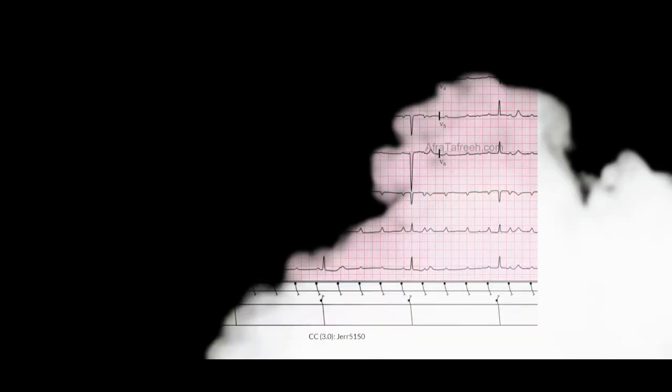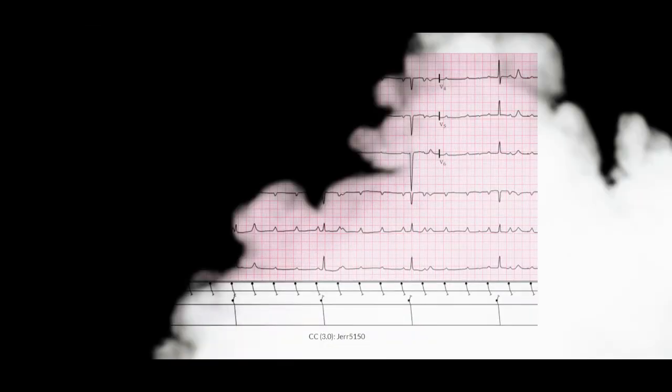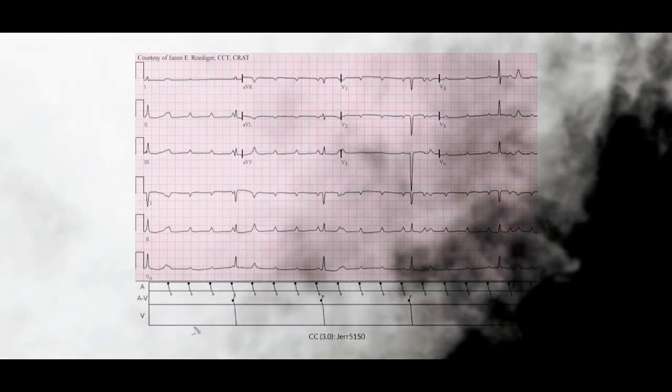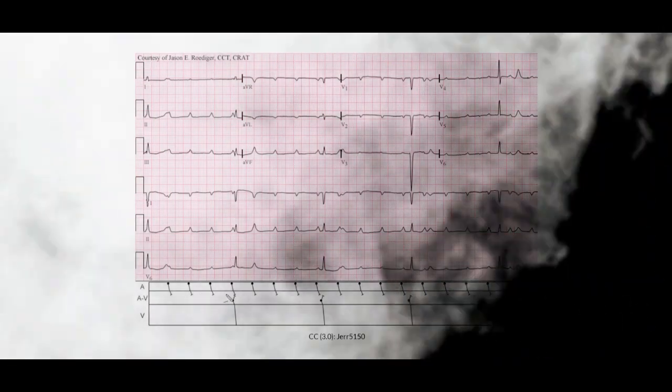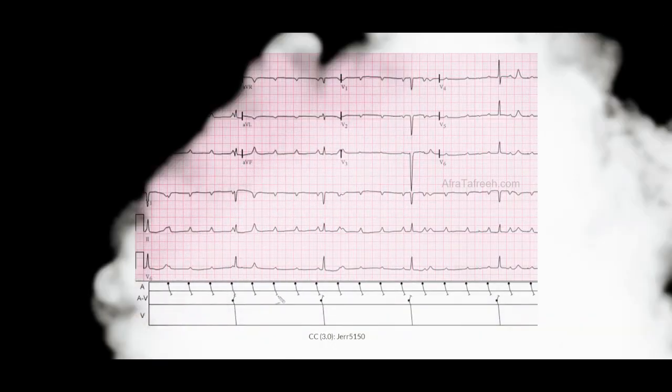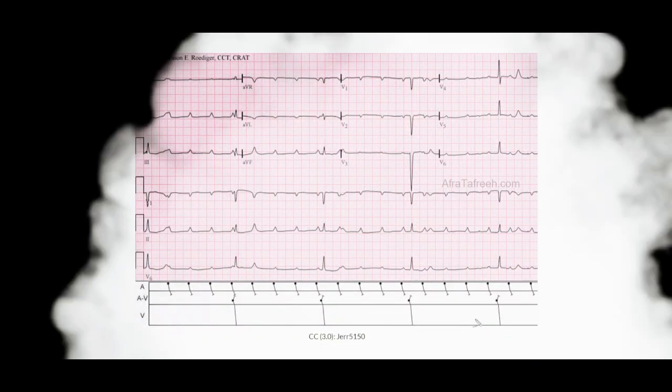We could further drive this home with this EKG, especially with the schematic at the bottom of this EKG, where you can see here up top we have the atrial rate, and down below we have the ventricular rate. As you can see here, the atrial rate is going to be constant and regular. However, it is occurring independently of the ventricular rate, which is also regular in terms of its rhythm, but conducting